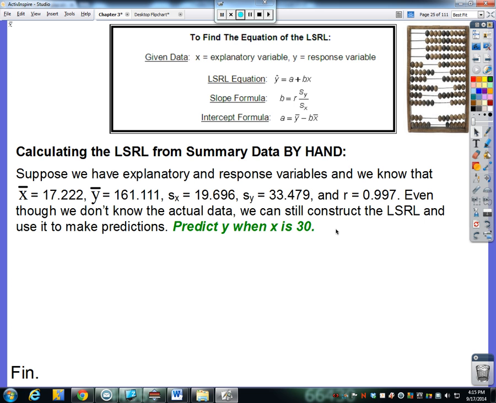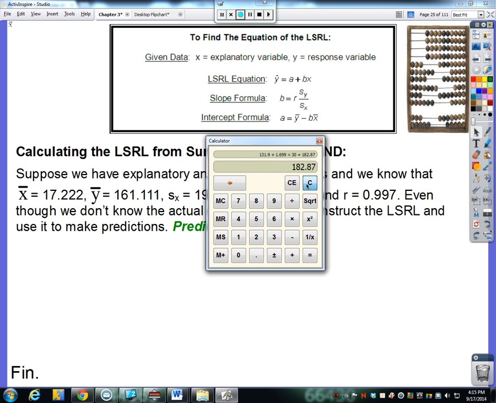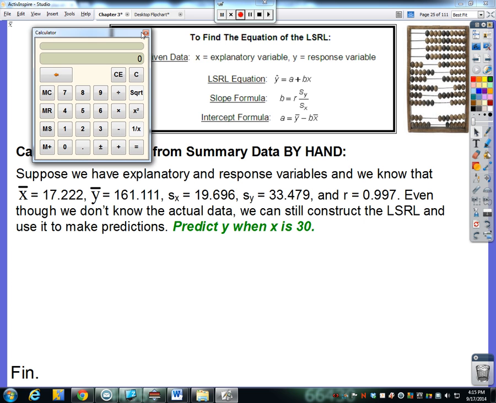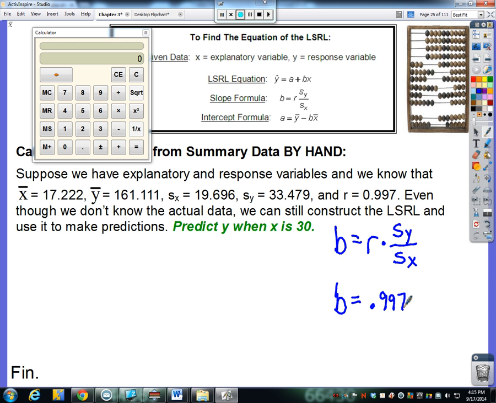So again, to do this, we got to have the equation. So let's bring up the handy dandy calculator here. Okay, so if I wanted to start out with determining the slope, I look at my slope formula up there, and it says b is r times the standard deviation of the y divided by the standard deviation of the x. Well, the correlation is 0.997. And we're going to multiply that by sy, which is 33.479, divided by the standard deviation of our x data, which is 19.6